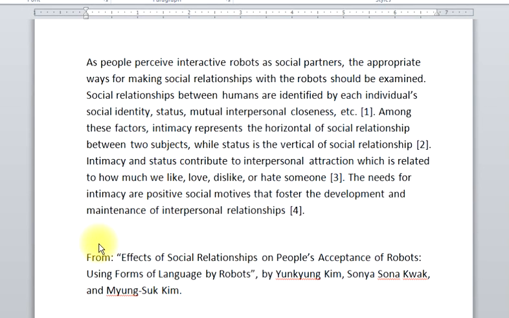I want to show you how to do some citation with direct quotation when you're actually quoting directly from a source into your paper. Here is the opening few sentences from the essay, Effects on Social Relationships on People's Acceptance of Robots Using Forms of Language by Robots, by Kim, Kwok, and Kim. All right, so